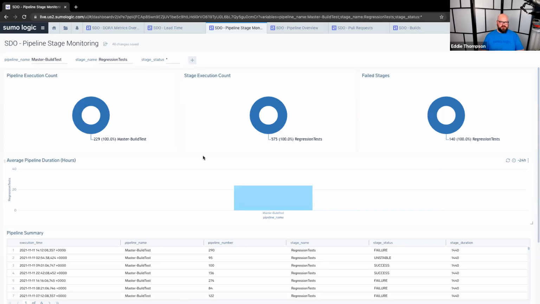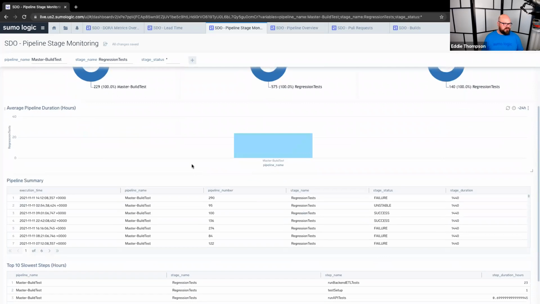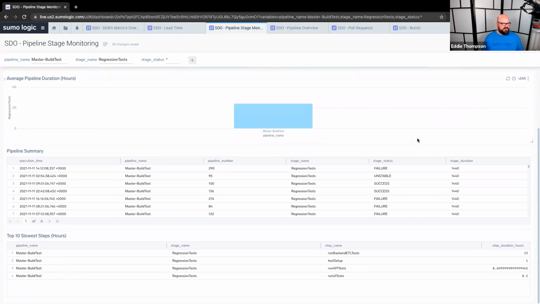So because we've got this whole set of data, it's not just some random aggregates. We can actually drill down into the underlying causes of what's going on here. So I've filtered down. I can see my pipeline summaries, but this is the interesting bit to me here. Top 10 slowest steps. Within this particular stage of regression tests, I can see step name, back-end ETL tests, 23 hours. So that's what's blowing out my time here, and that's something that I can get investigated and resolve whatever's blowing